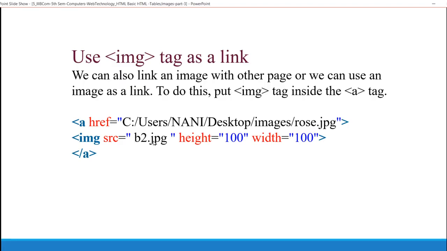If I click on this b2.jpg, I go to the other document. That document displays rose.jpg. For example, this is a baby photo. If I click on this baby photo, it goes to the rose image page. That is, we can use an image as a link. The image element is placed in between the anchor tag.